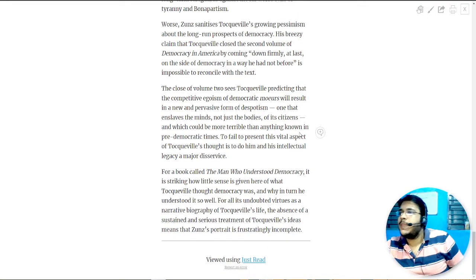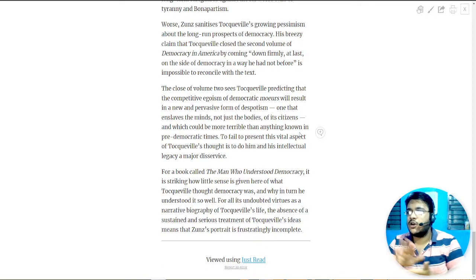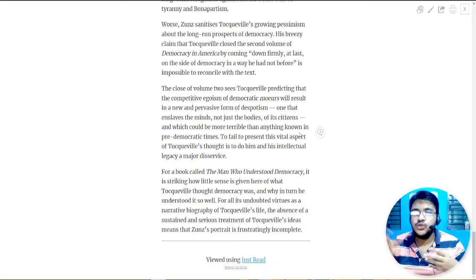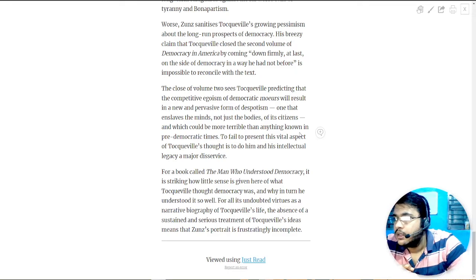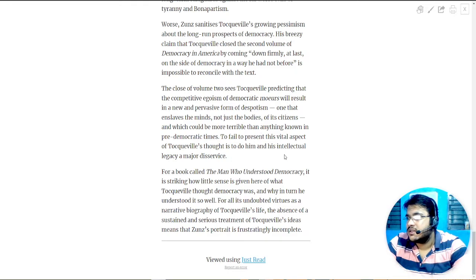So effectively again he's trying to talk about this idea of Tocqueville and how he manages to use both the paradox in a similar situation. Okay, I hope that makes sense. Now I will not read this one because the second last line anyways will not make any sense, so we'll directly go to the last line.